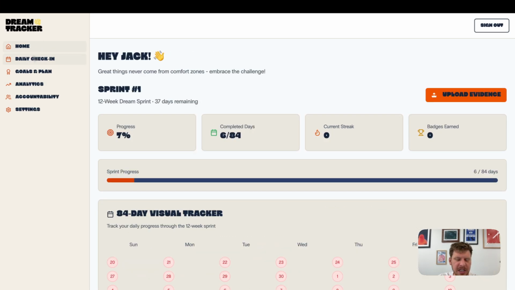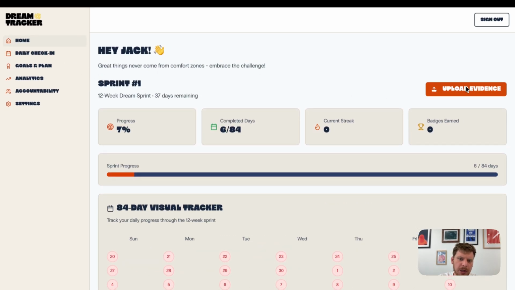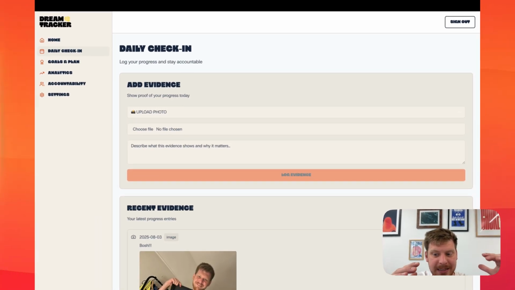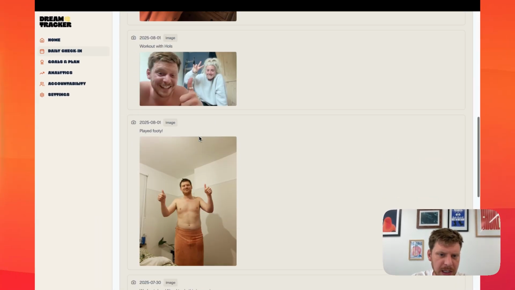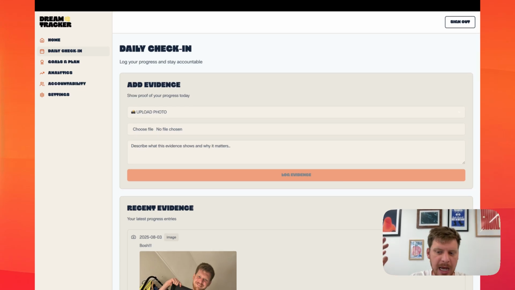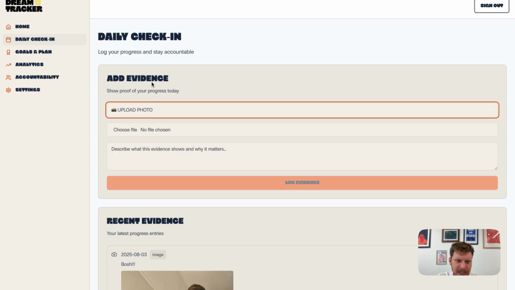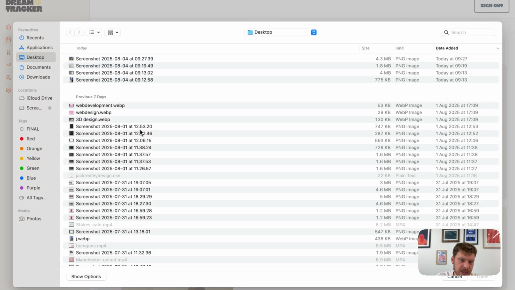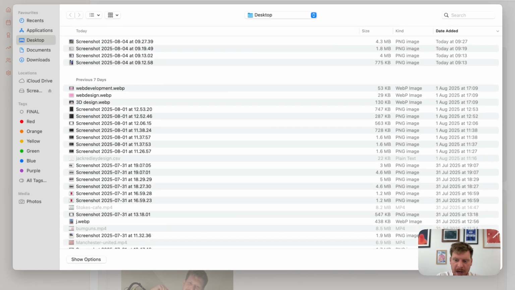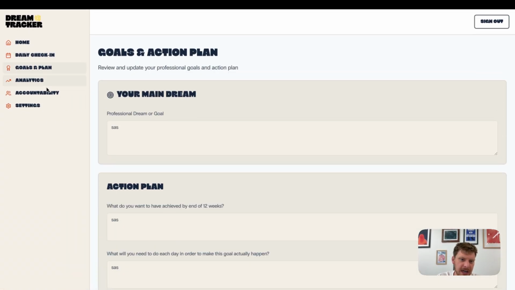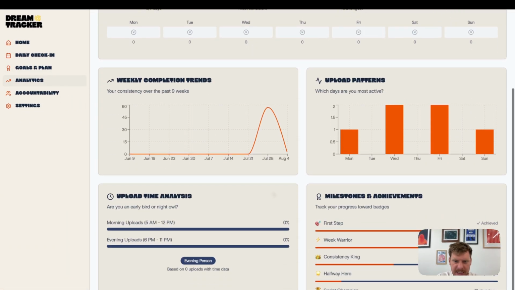The idea is that you log in, you upload evidence of whatever thing you're trying to get done. So, for example, I'm trying to lose weight. My dream is to have a rig like Brad Pitt, who's like 60 and has this insane rig. Anyway, what you need to do is upload evidence that you have actually taken action to achieve your goal, and then over time, you'll see these rack up.